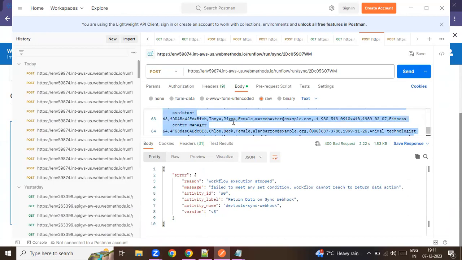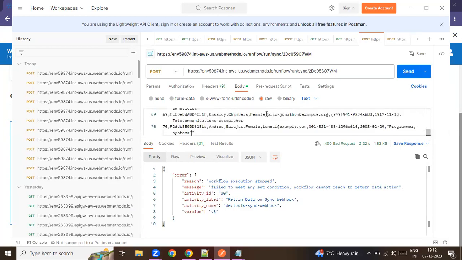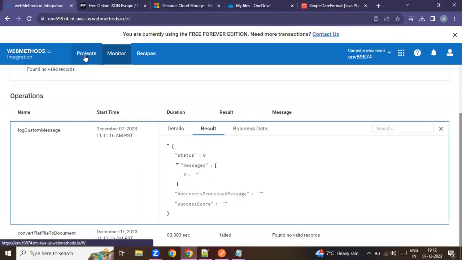One, let's try another way, which is pass it as FF data because we are expecting that. And let's assume that this is working. Even this will fail. Let me show you why. Okay, it is still failing because